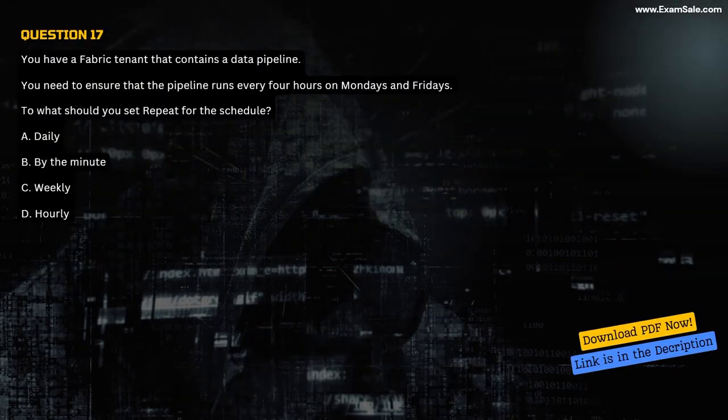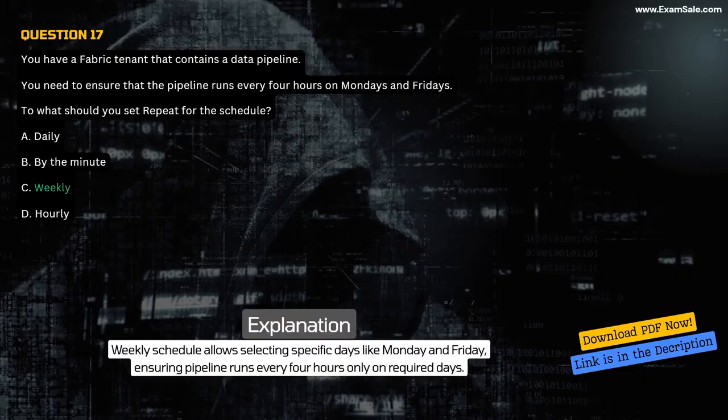Question 17. You have a Fabric tenant that contains a data pipeline. You need to ensure that the pipeline runs every 4 hours on Mondays and Fridays. To what should you set repeat for the schedule? A. Daily. B. By the minute. C. Weekly. D. Hourly. Correct answer, C. Weekly. Explanation. Weekly schedule allows selecting specific days like Monday and Friday, ensuring pipeline runs every 4 hours only on